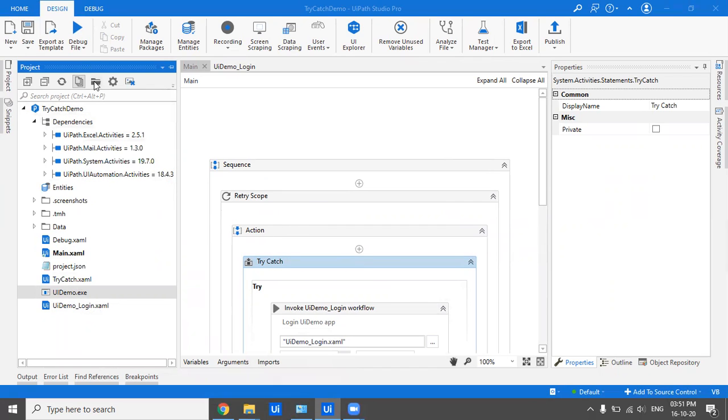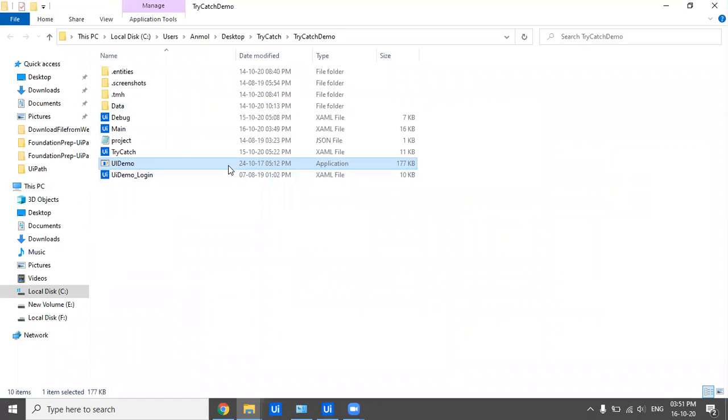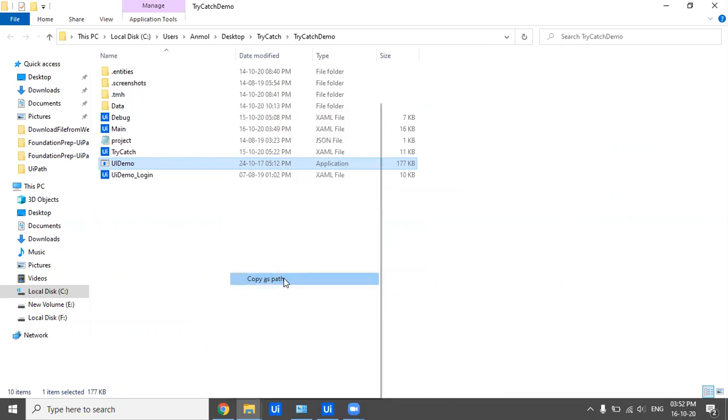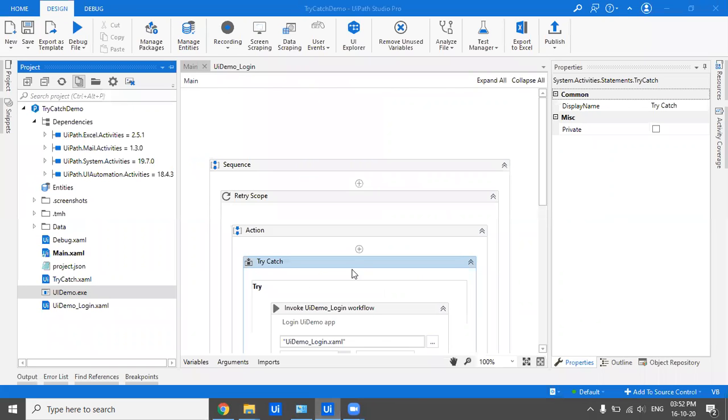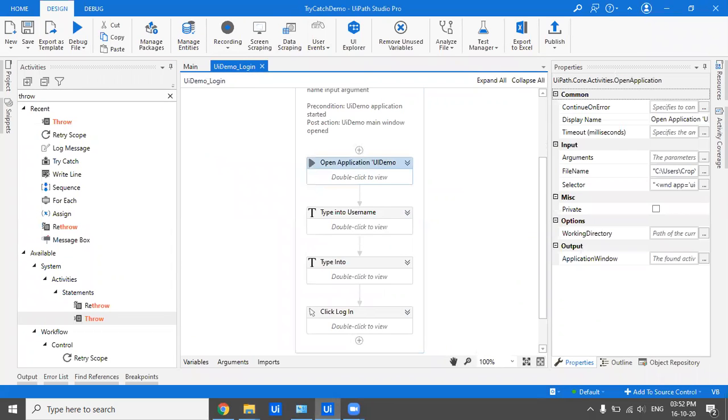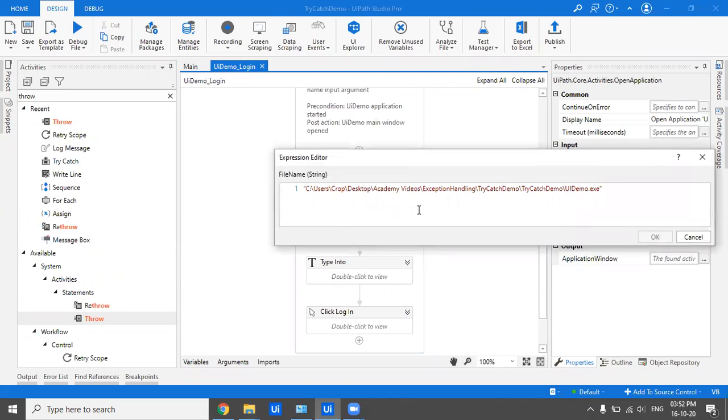So you keep it in try catch and do proper exception handling so that you do not get that error. That's how you use this retry scope. Let me copy the path, go back here, go to UI demo login, UI demo application, and let me change the path here.